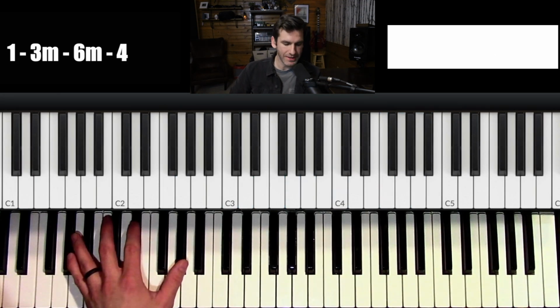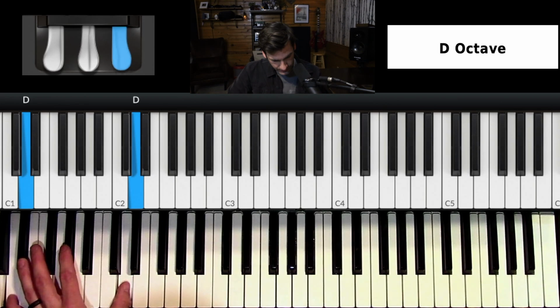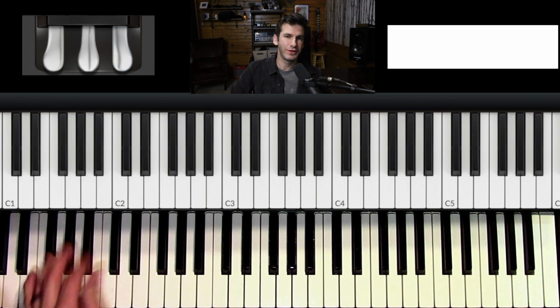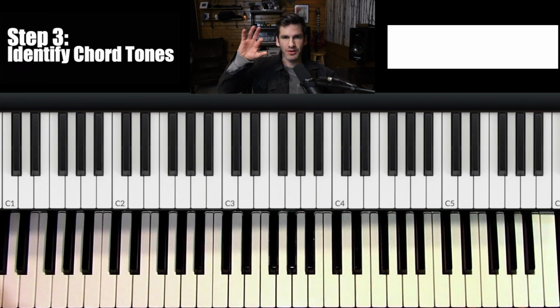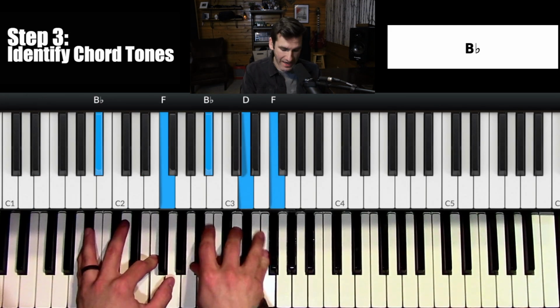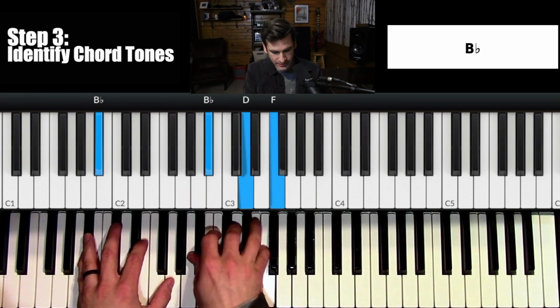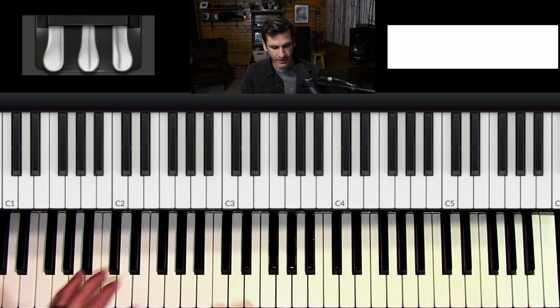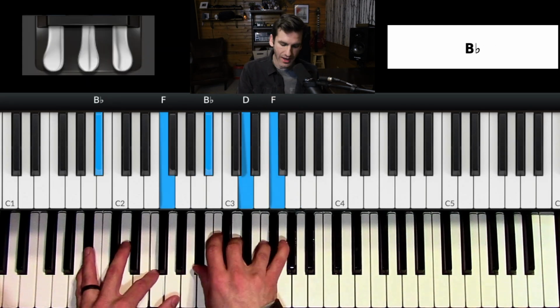Okay, so we figured out our bass line is 1, 3, 6, 4. But then after that, what we need to do is fill it in with some chord information, right? So just because it's a 1 doesn't mean it has to be 1 chord. Sometimes it's a 5 over 1. Sometimes it's a 1 suspended, it's 4 over 1. You can have all these different slash chords, okay? But as we listen, I found out that